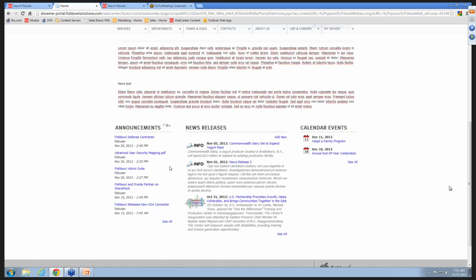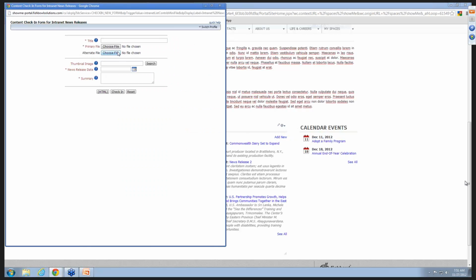Also on the page, I've got announcements, news releases, and calendar events. The announcements is more of a search portlet, as well as news releases and calendar events. The snippet piece of content is a snippet portlet that allows you to pull one piece of content from the content server. We also have a contribution capability via news releases, where you can click the Add New button